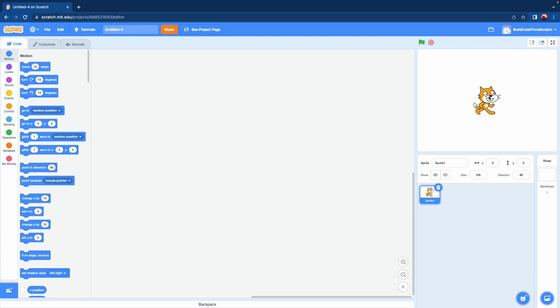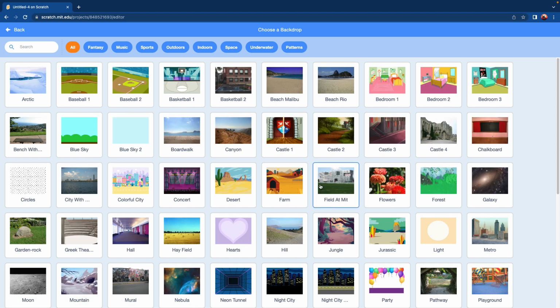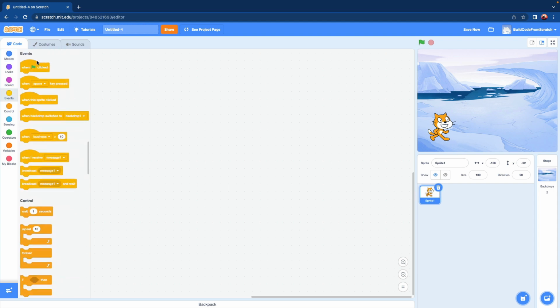So I'm going to start with a brand new project, and here is our sprite Scratch, and I'm going to put Scratch there, and I'm going to give a background so that we have a background to animate against. And let's start with the Arctic. There we go. I'm going to have the cat animate and walk across a couple of different scenes and then interact with another sprite. So let's start with this here, and as always, we will start with